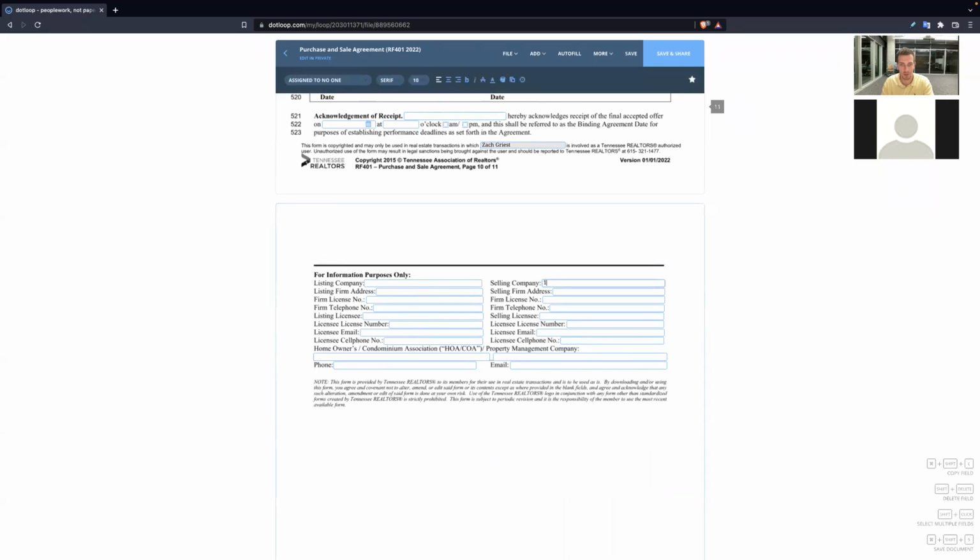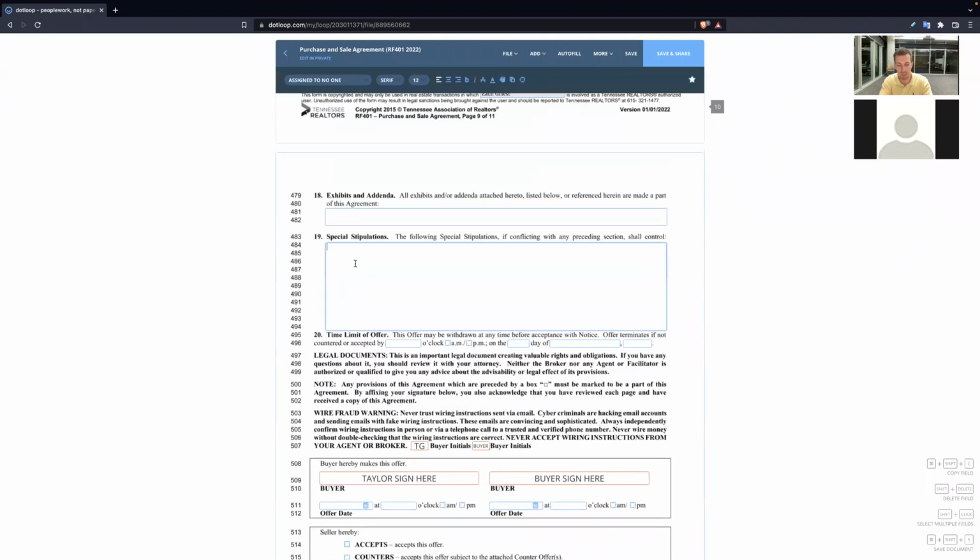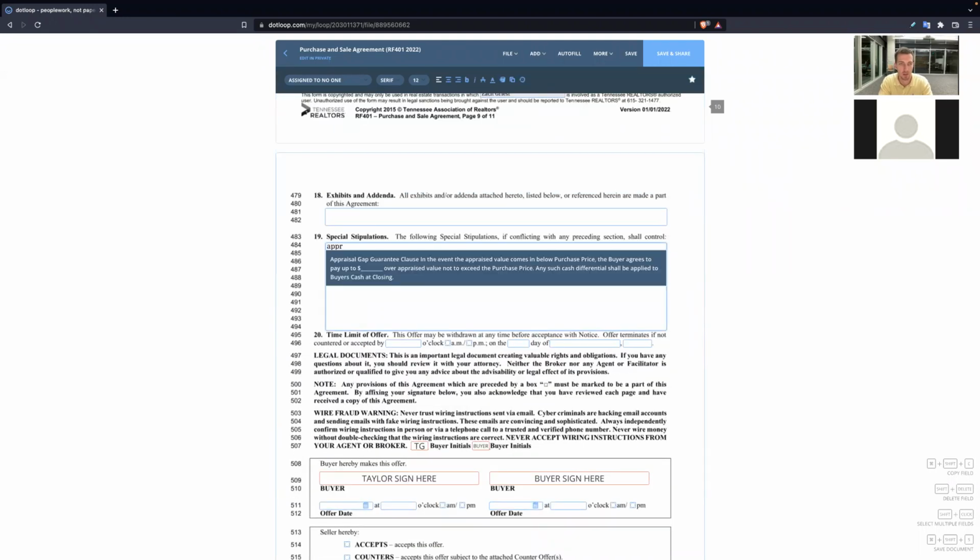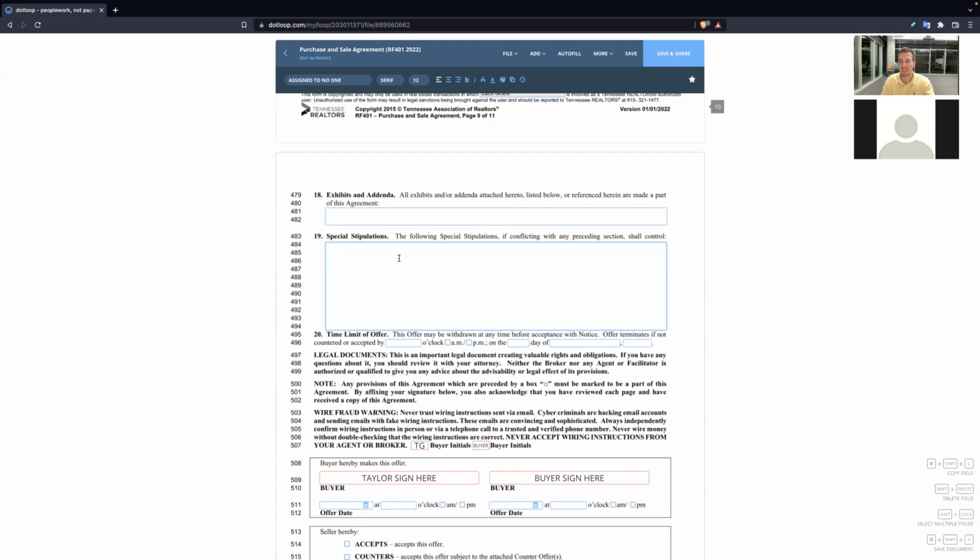Selling company. So it populates already as I start typing out that clause, it populates it automatically. So then it saves me time. Or if I go to my special steps and I type in appraisal gap, it pops up. The other way you can do it, if you're like, hey, I can't quite remember what it was, if you